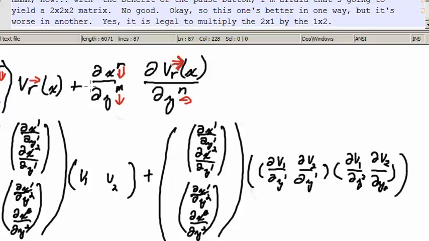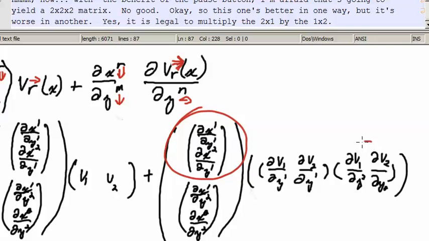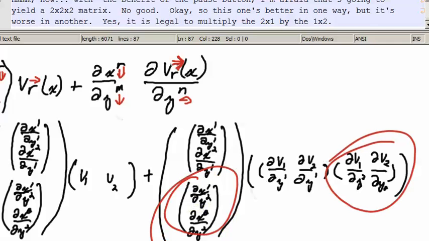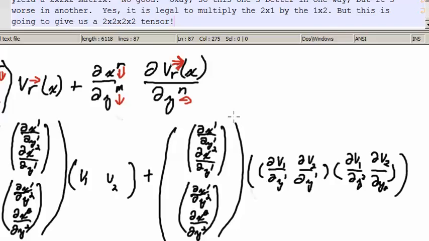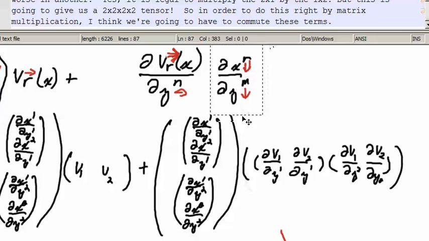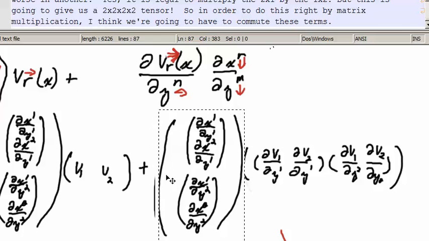Yes, it's legal to multiply the 2 by 1 by the 1 by 2, and this 2 by 1 by this 1 by 2, and this 2 by 1 by this 1 by 2. But guess what I'll get then? That's going to give us a 2 by 2 by 2 by 2 tensor. So in order to do this right by matrix multiplication, I think we're going to have to commute these terms. We'll have to take that over there and that over there,